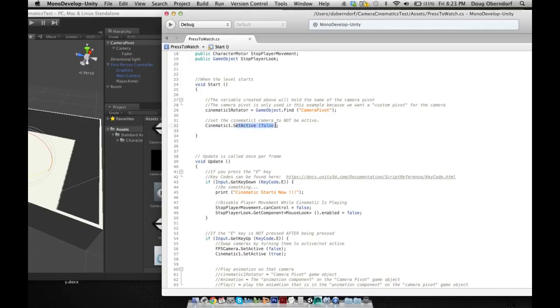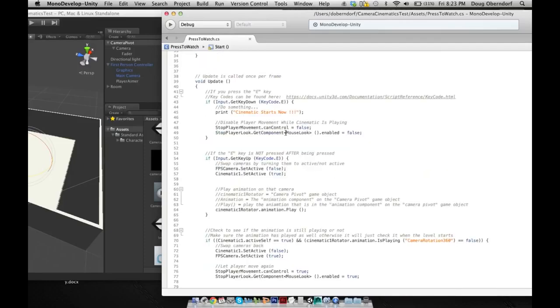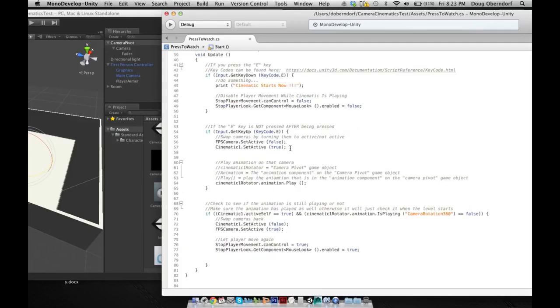The cinematic has not been played yet. It's false. But when the animation plays, we're going to set it to true. Then, if it's true, which it is, and the animation is done being played, we're going to swap back into FPS mode. So we're going to set that camera to false, set the FPS camera back to true,